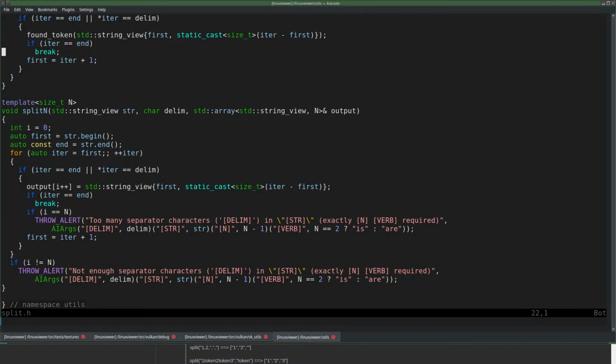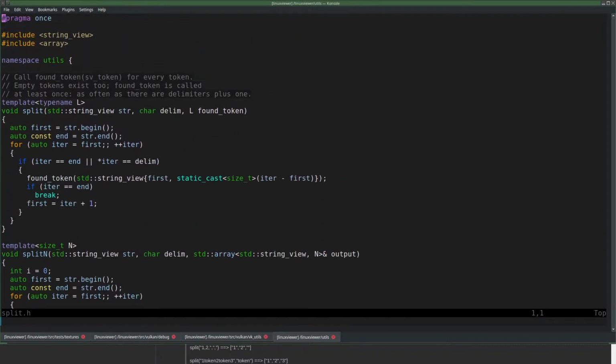It's kind of stupid. Call found token for every token. Empty tokens exist too. Found token is called at least as often as there are delimiters plus one.